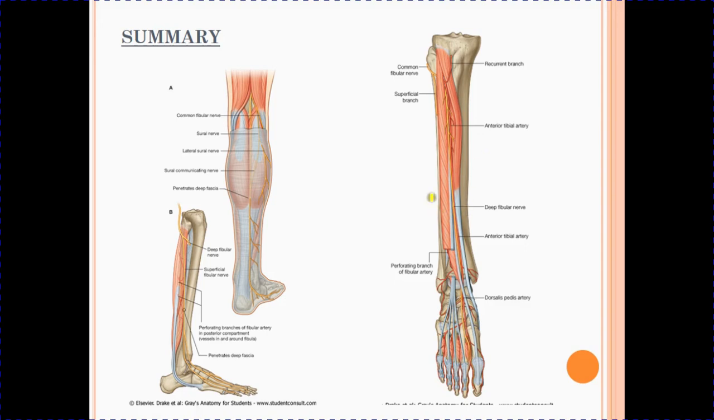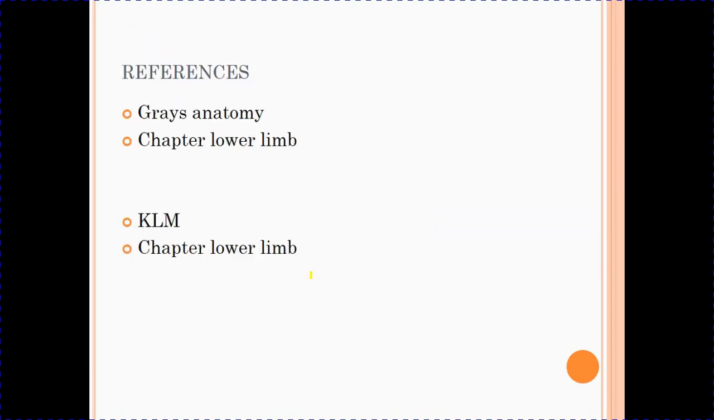Summary, we have done the anterior compartment having the four muscles and the main nerve was deep fibular nerve. The lateral compartment having two muscles and the nerve of this compartment is superficial fibular or the peroneal nerve. The text was taken from Gray's Anatomy as well as